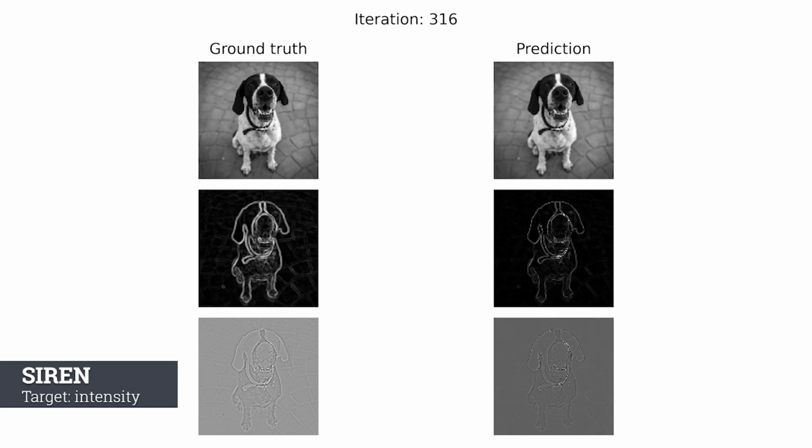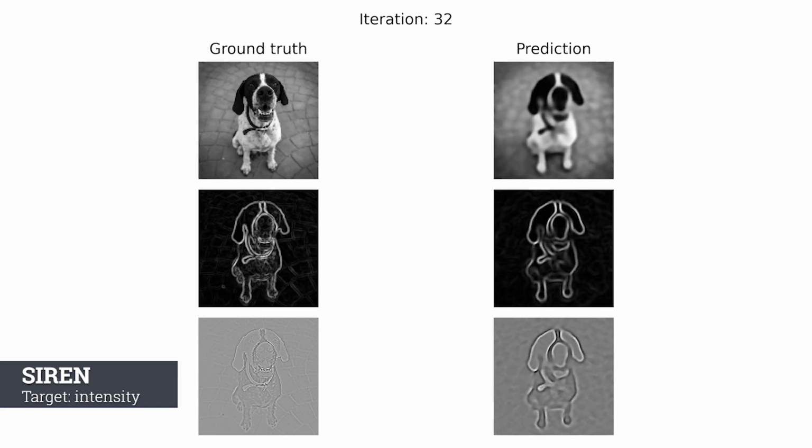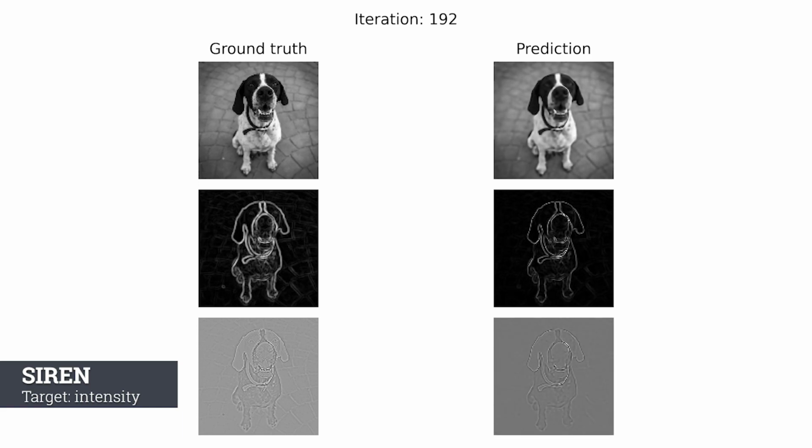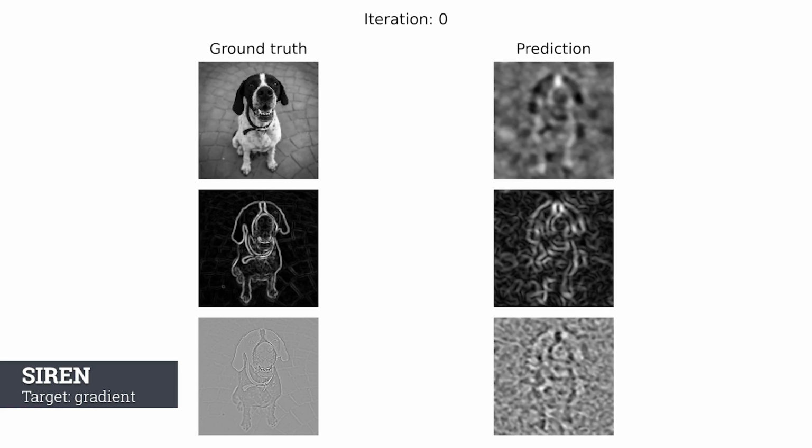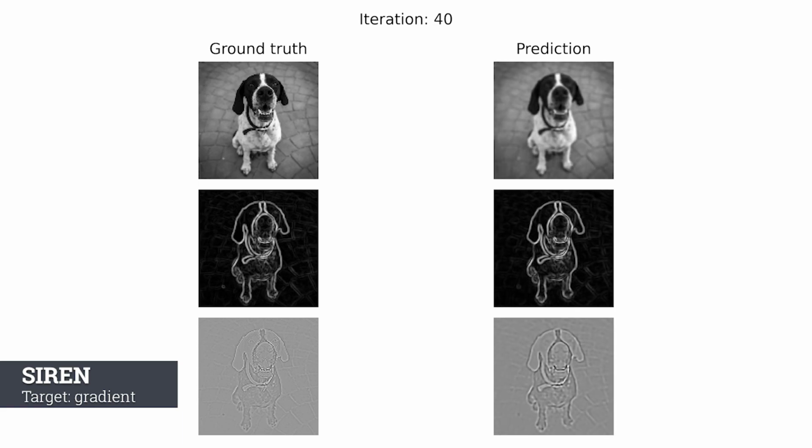So let us start with the Siren network. We see that if we supervise on intensities, we can get an almost perfect representation of the image in a couple of iterations. And it seems like both the first and the second order derivatives are matched really nicely as well. Similarly, if we supervise on the gradient, the results look really impressive. Note that under this setup, one could add an arbitrary constant to our Siren and the gradient would stay the same. Luckily, Matplotlib actually scales the image intensities before plotting them, so we don't have to worry about anything.